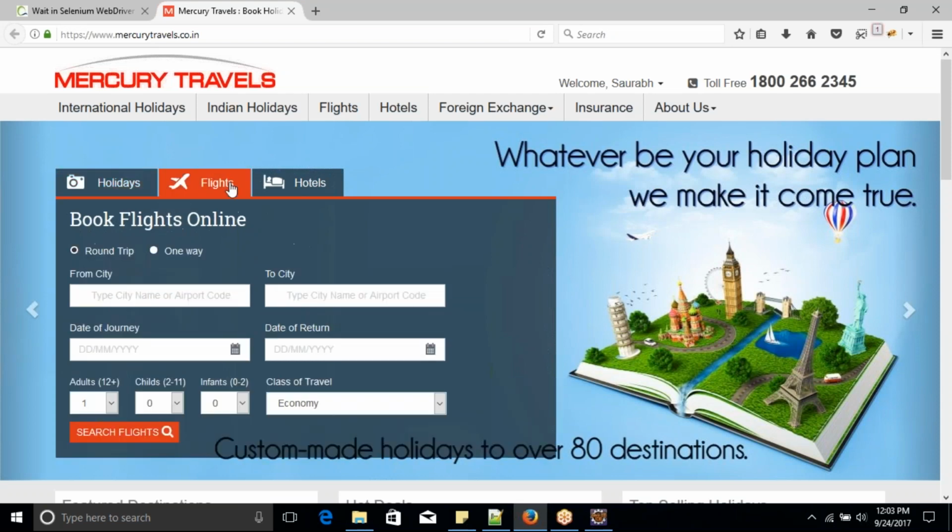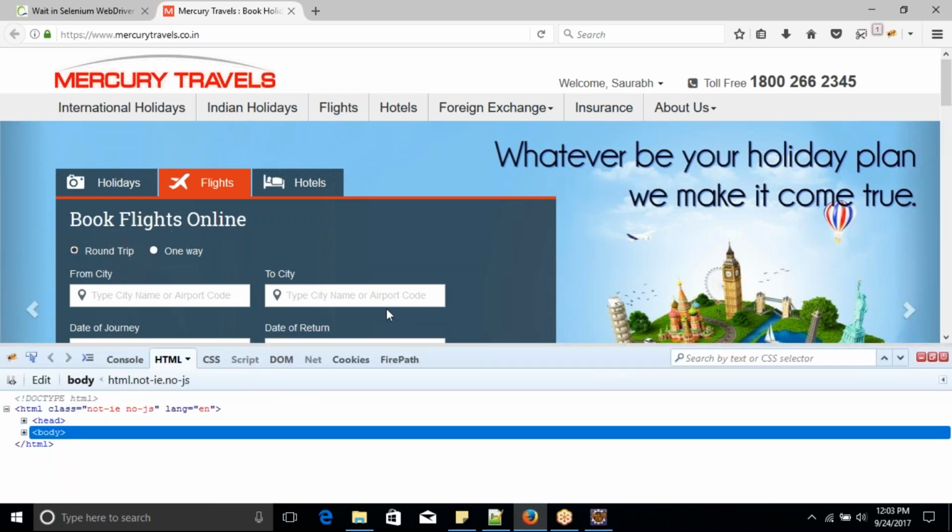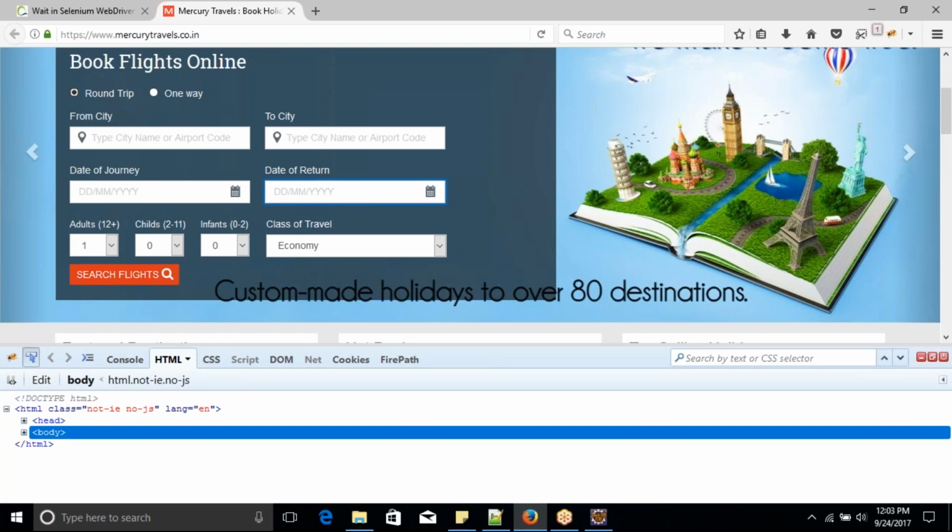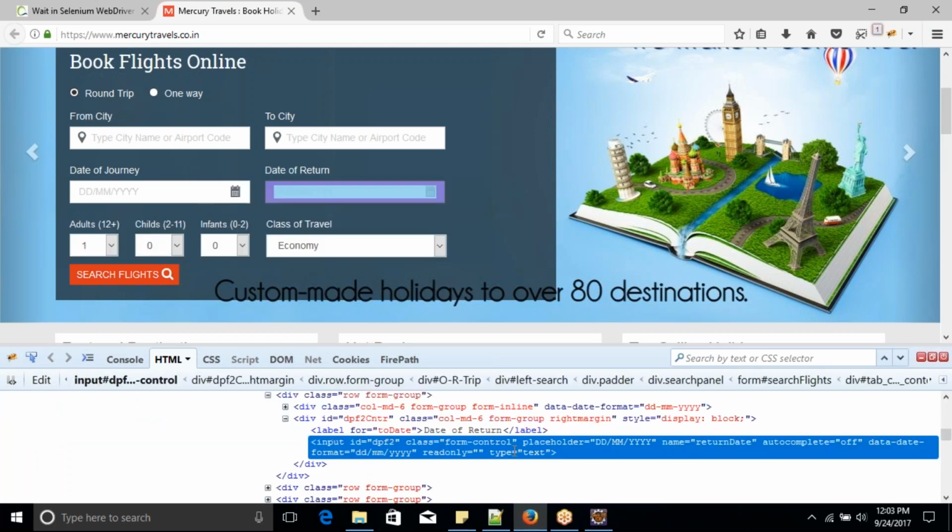So here, if I go to flight, you can see we have a round trip section. When I check round trip, you can see that this date of return is there. But as soon as I click on one way, that is gone. If you check its HTML code, if I press F12 and check its HTML code, see this input ID is there. As soon as I select this, see it's still there. It's still there in HTML but is not visible on the screen. That means your web element is there in HTML but is not visible on the screen. Okay, so